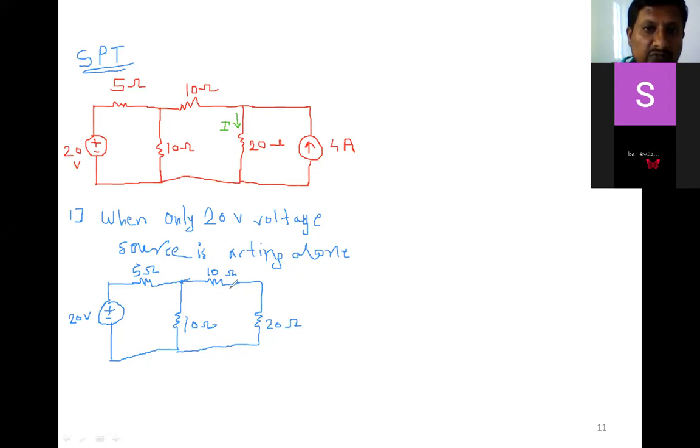So we have to find out this current now. What will be the value of this current now? We want to find out the current passing through the 20 ohm, and the 20 ohm and 10 ohm are in series now. That's why the same current will flow. So what will be the name of that current? Whether it is only I or something else.